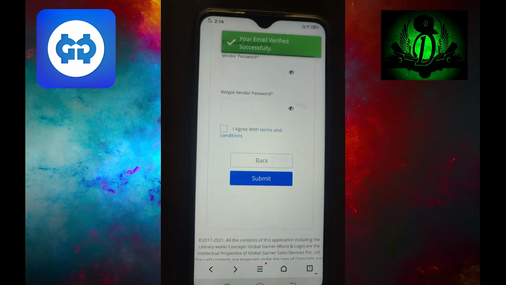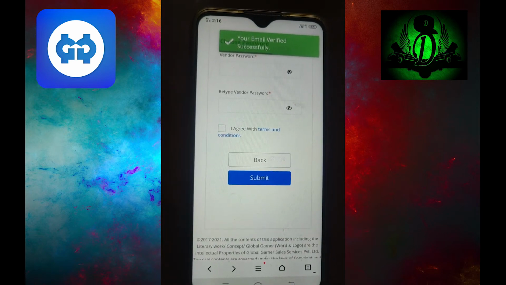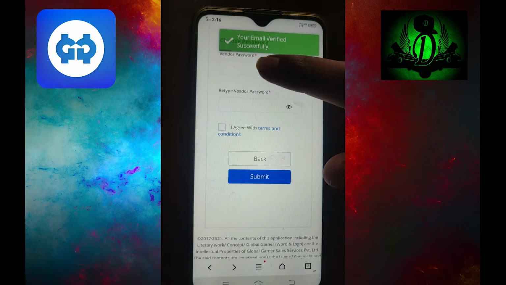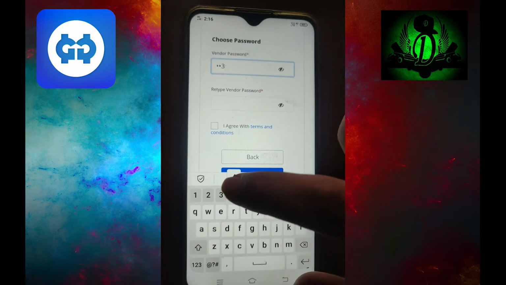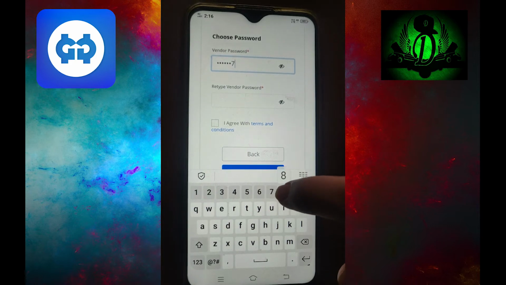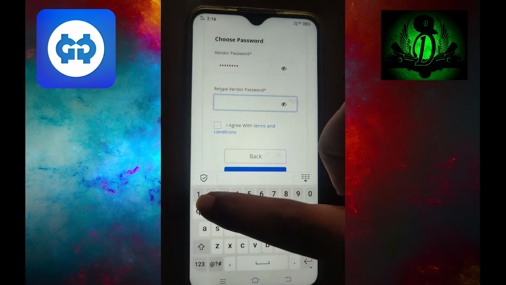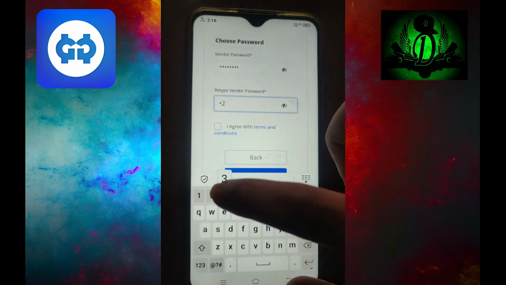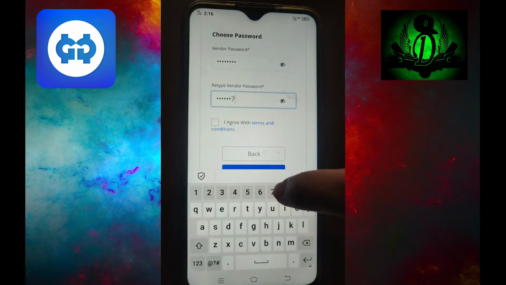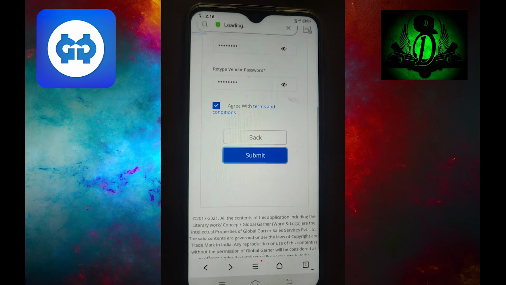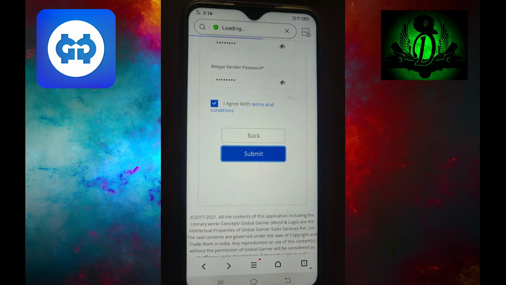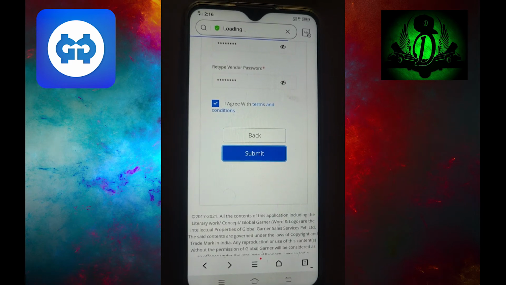Now choose a password for your vendor application. Retype the password. Tick the checkbox to agree to terms and conditions. Then click submit. Now as you can see, registration for vendor is completed.